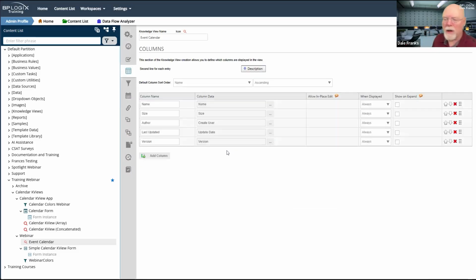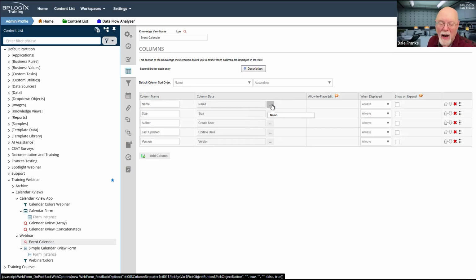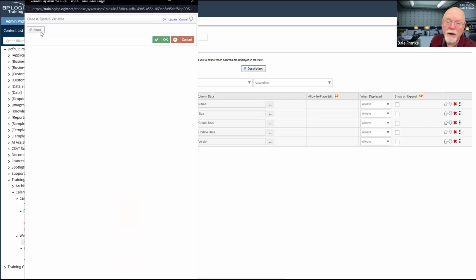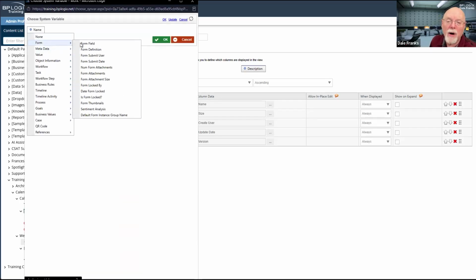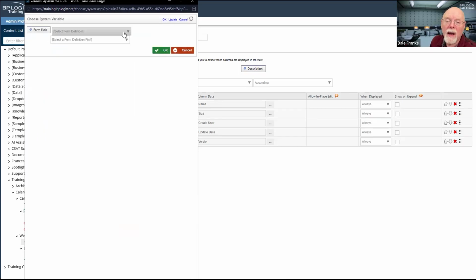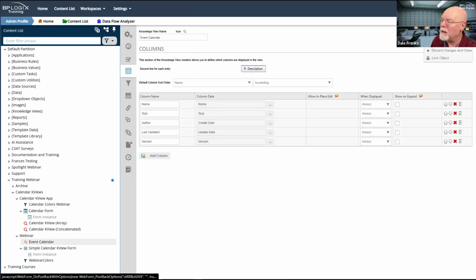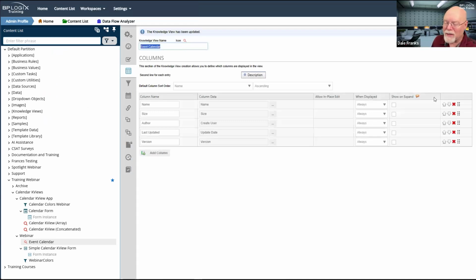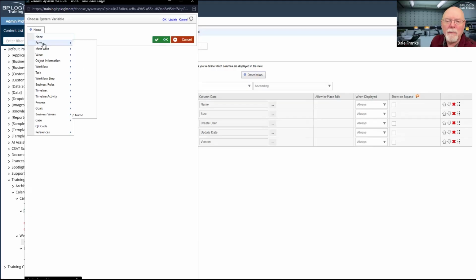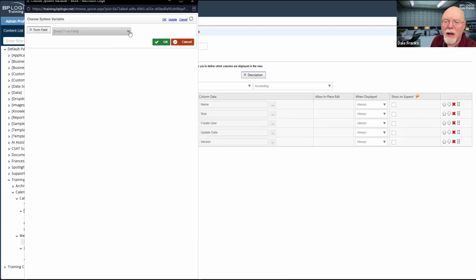And then now I want to go to my columns tab. So for the name, I actually want this to not be the name of the object. I mean, it could be, but I'm not going to show this in a grid. So I think I'm more interested in showing the event name from the form field here. So I would reset the name column to the event field. I have not updated my knowledge view, even though I did set the form. You've got to update the knowledge view if you want to use these form fields, because it is not associated until you update it.